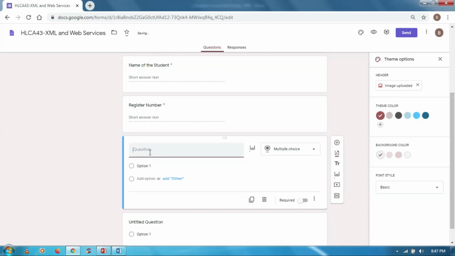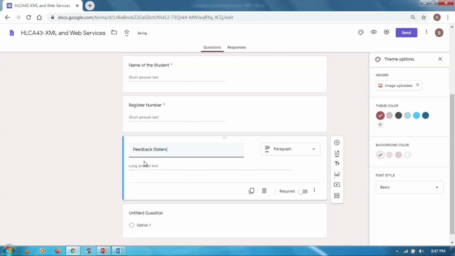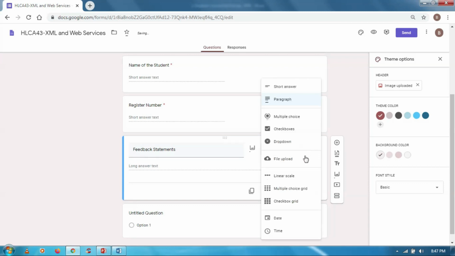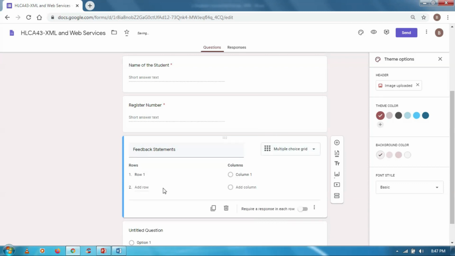Next, add feedback statements. Choose multiple choice grid. It shows rows and columns. In the rows, give the CO wise course outcomes.